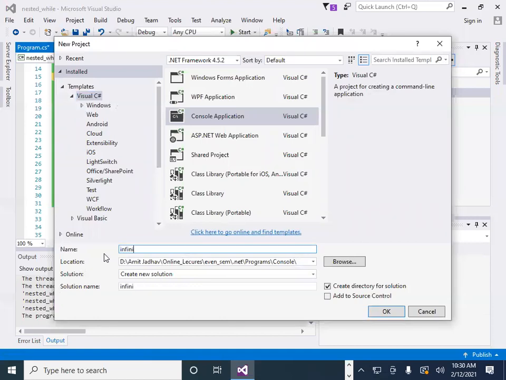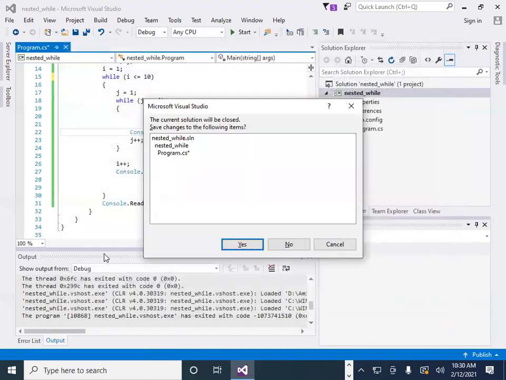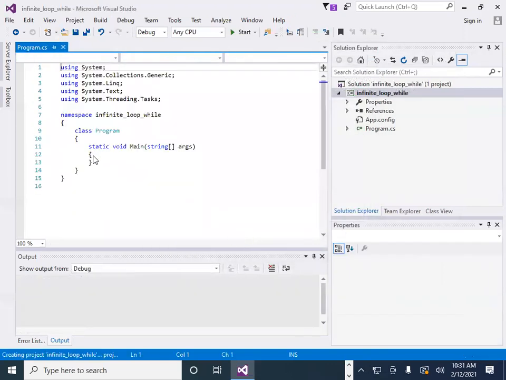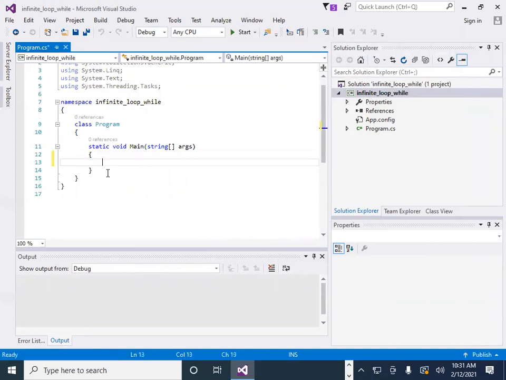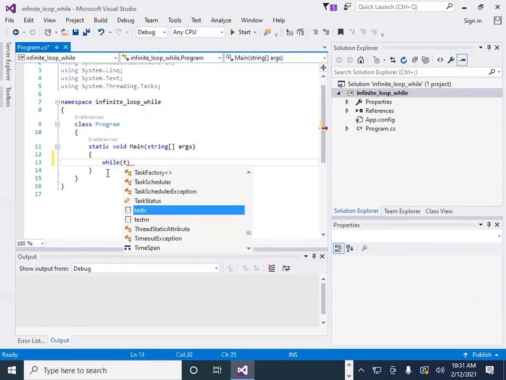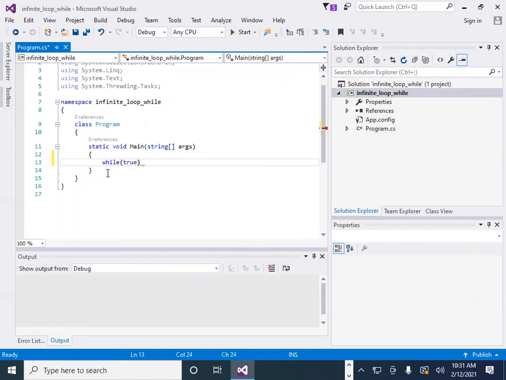So infinite loop while. Here I write the while true. While true is always true, so it will make the statement infinite.